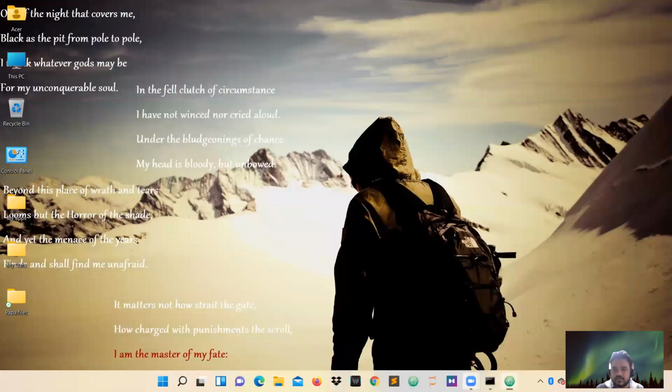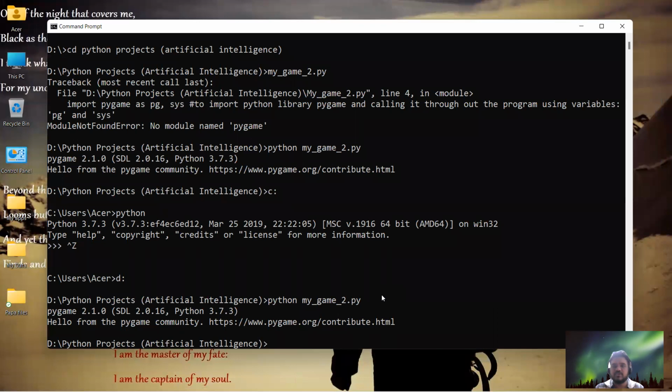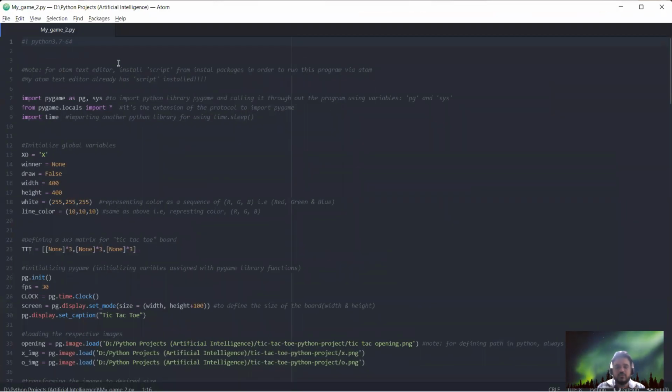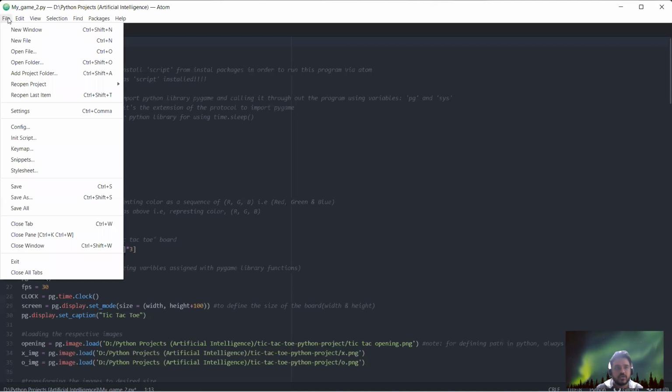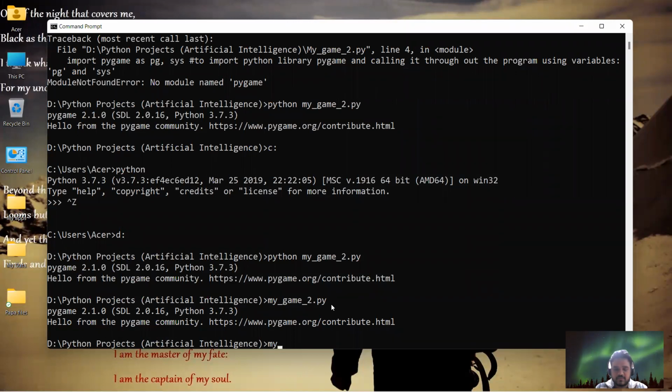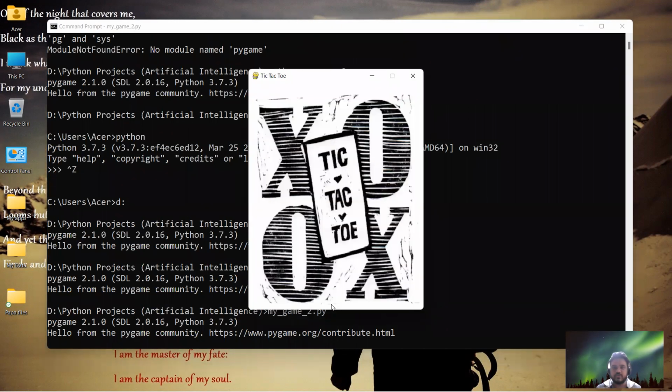Now minimize your text editor, open your command prompt, and now you don't have to mention Python either. Now type in your file name and press enter. It's going to work. And if you remove this 64, as I told, my operating system is already 64-bit, so there is no need for me to mention -64. So now I save these changes again, minimize, and again, if I type in my file name and run this program, it's going to run.